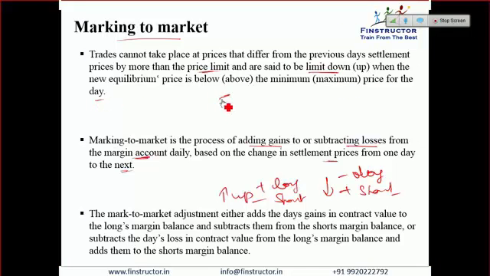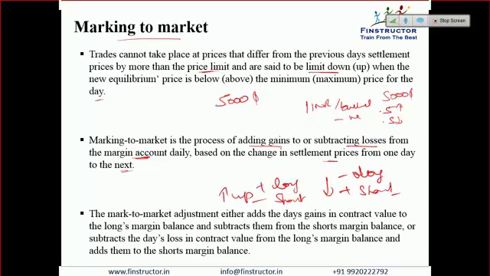Because please note, we have only taken $5,000 margin. If the price movement is of 1 INR per bushel, do you agree that the margin balance for the one counterparty can even become negative? Because you took only $5,000 of initial margin. If the movement is more than 0.5, if it goes up more than 0.5, the short's balance will become negative. If it falls by more than 0.5, the long's balance can become negative, and then you may have the risk of